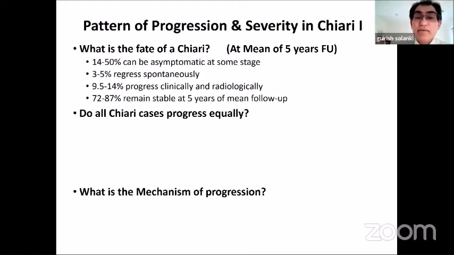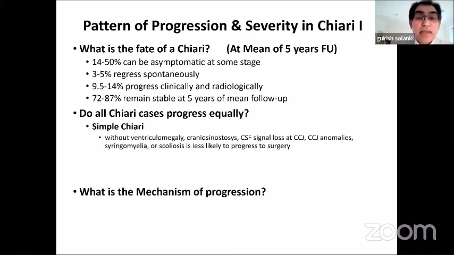So looking at the pattern of progression and severity of Chiari, we know this information now, that at the mean of 5 years of follow-up, something like 3 to 5% will regress spontaneously, 14 to 50% can be asymptomatic, and between 10 to 14% will progress radiologically. But do they progress equally? And I think